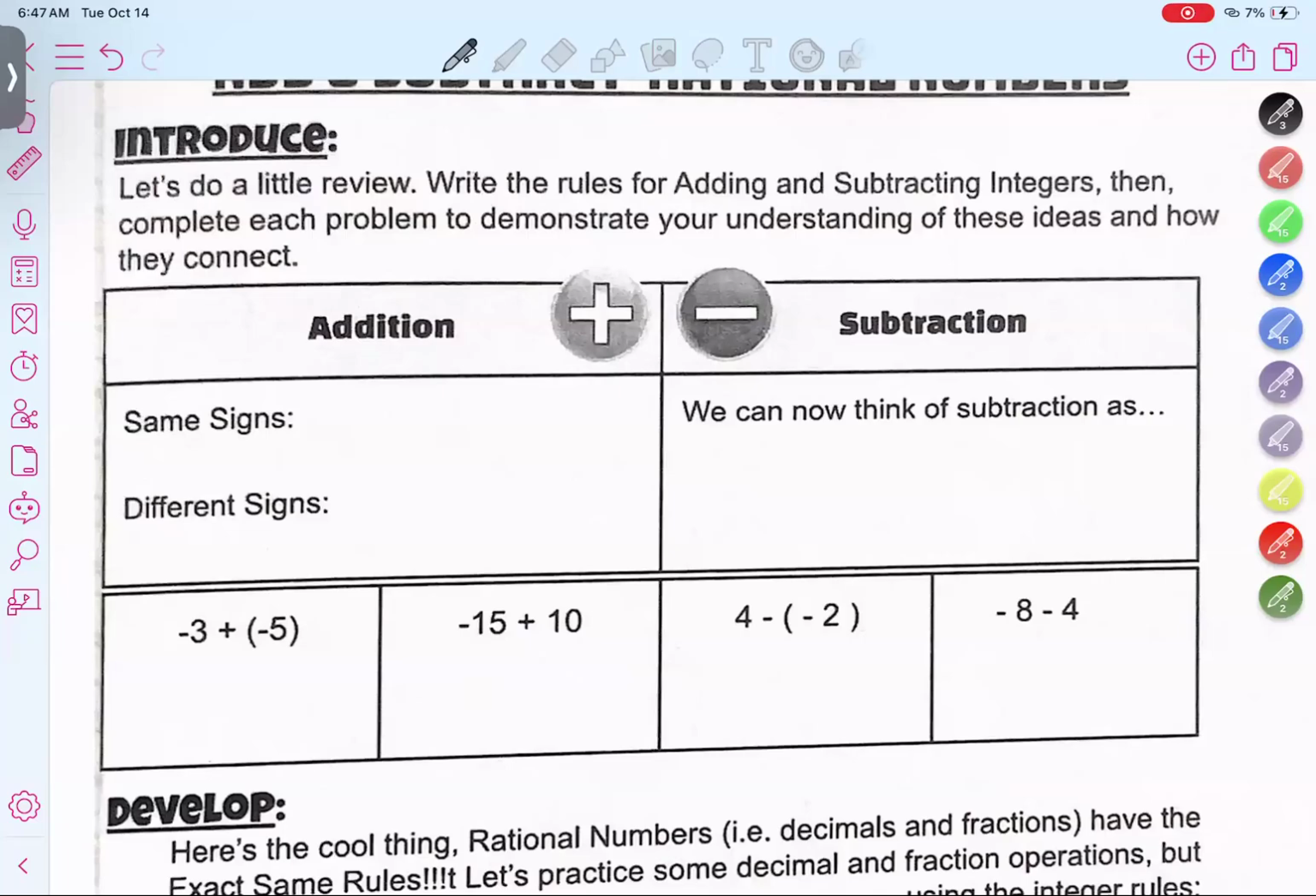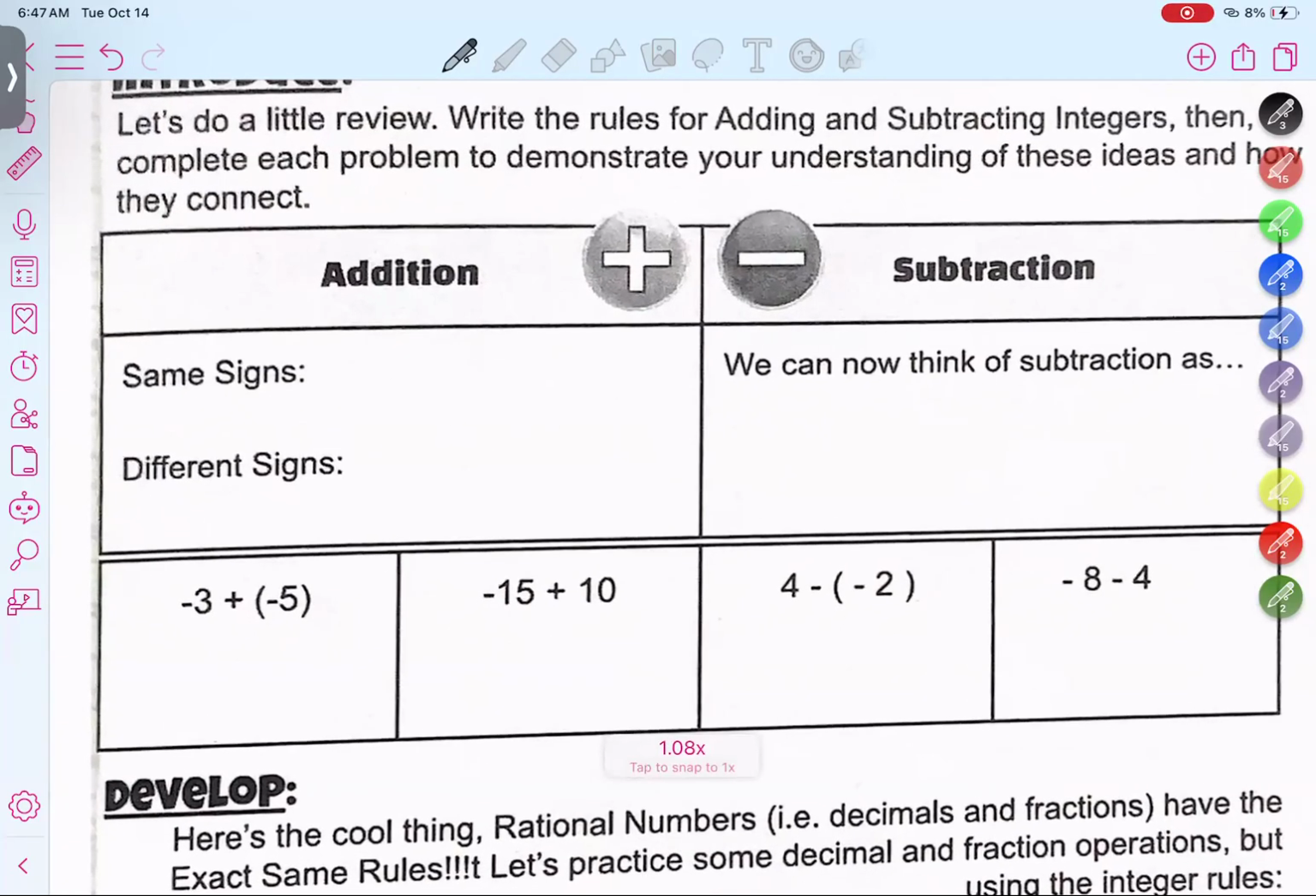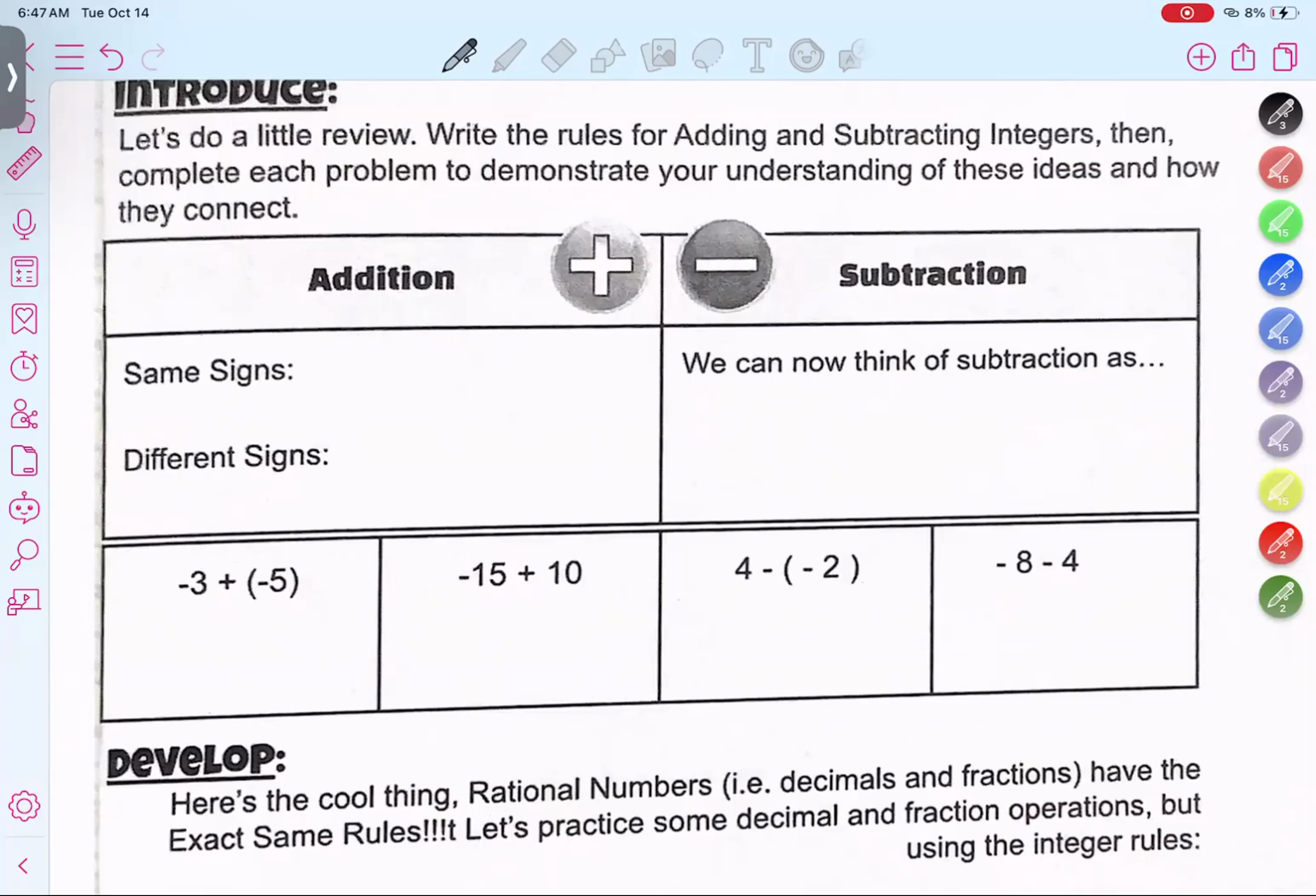Guys, welcome back. So we've done addition and subtraction with integers, which was our positive and negative whole numbers. And we want to do a little bit of a review of that before we get into our next topic. So if we look here at our introduction section, we have addition and subtraction, and we have some different problems